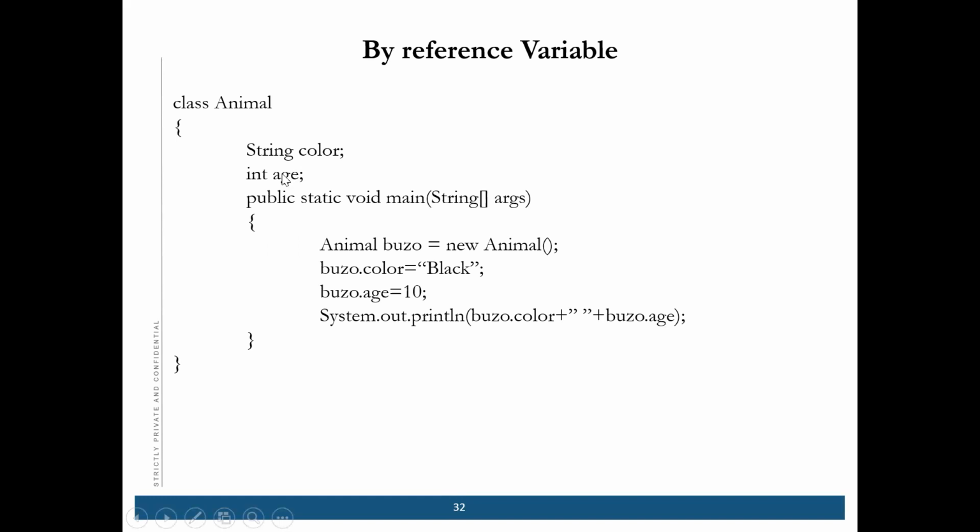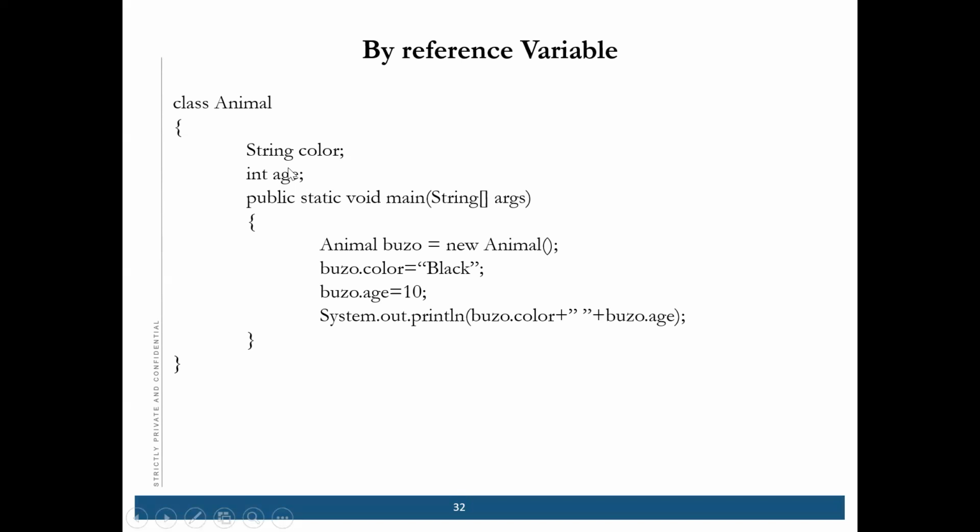Class variables are also called instance variables. They are global variables. Global variables we use in different languages like C, C++. But for Java, we call them instance variables. So string, color, and age are instance variables. Why? Because we have declared them in a class. Now, when we declare a variable inside some method, that is called a local variable. So we have not declared any local variable.